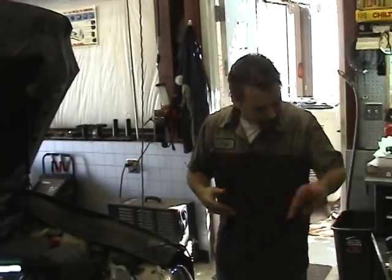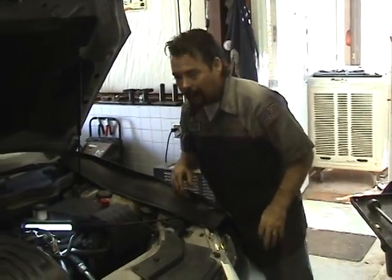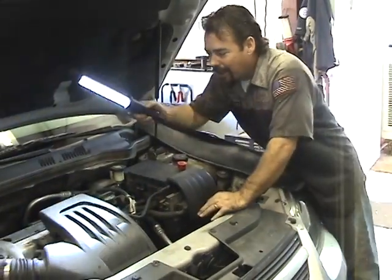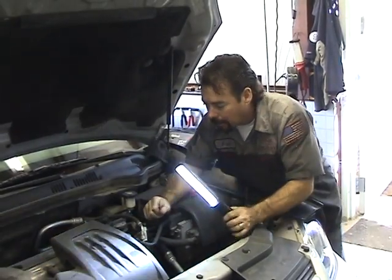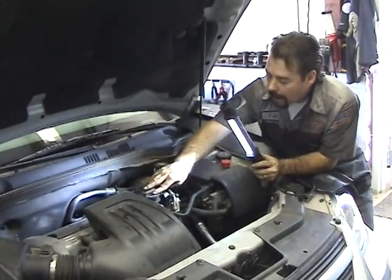Okay, so now we're ready for the oil. But before we do that, you got to figure out where it goes, right? Okay, so what you're going to do is you're going to scan the top of your engine. Somewhere on the top of that engine, there's going to be a little round cap. And it's going to have, most of them, have an emblem